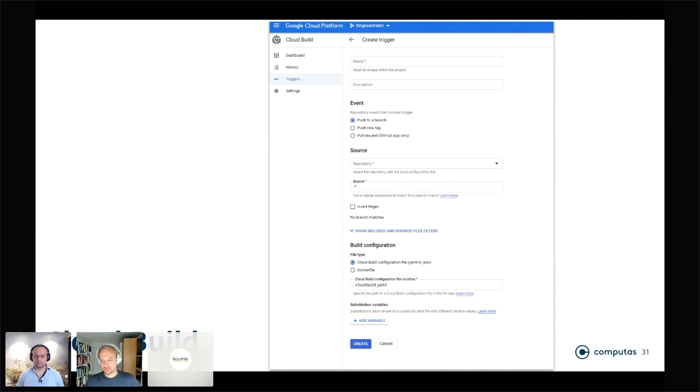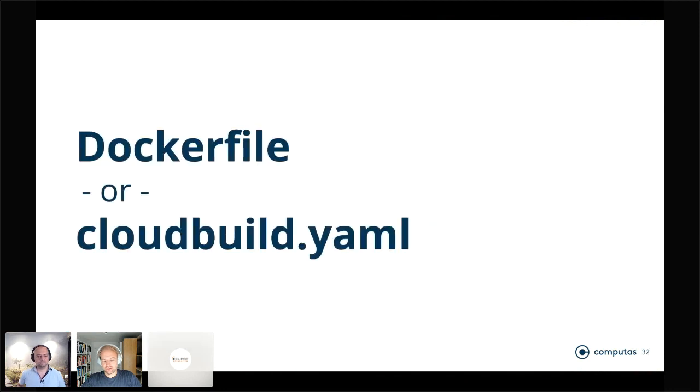You can see below it, where it says file type, you could say Cloud Build or Dockerfile, which are the options you have. You choose one of them. We already talked about the Dockerfile or containerizing.